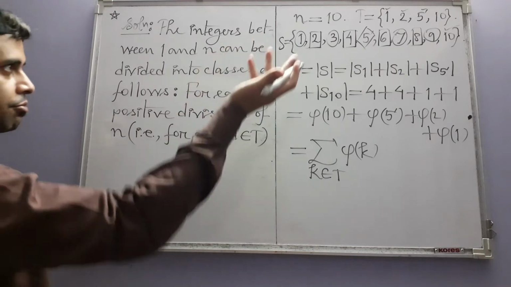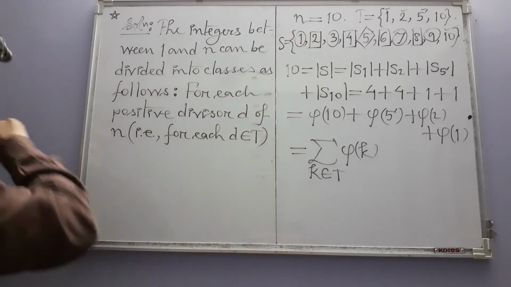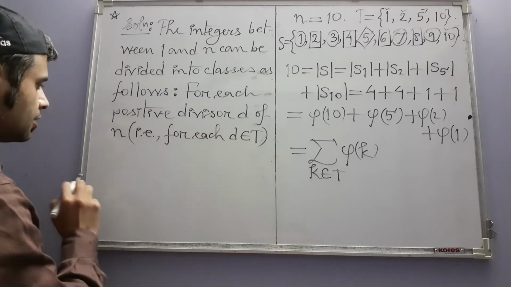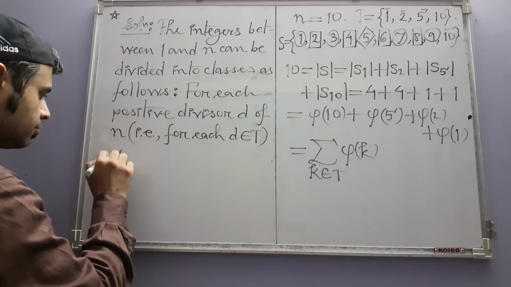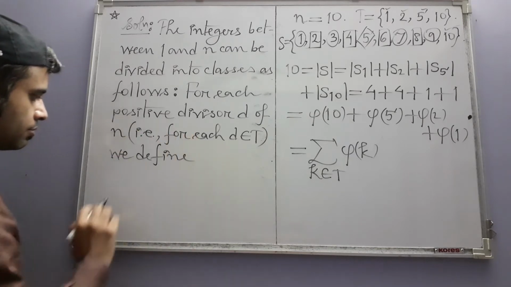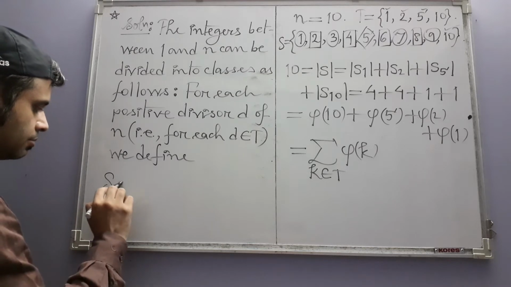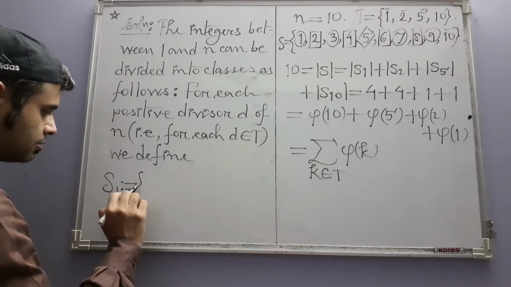This d can be 1 or 2 or 5 or 10 when n is 10. Okay, so for each positive divisor d of n, we define, of course, the set S_d like this,